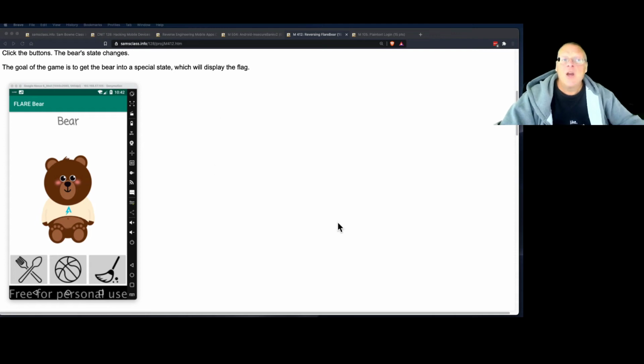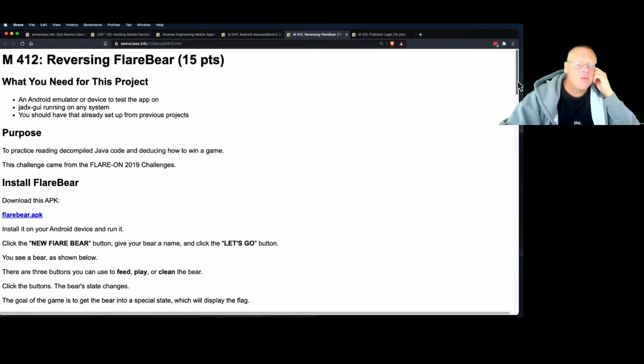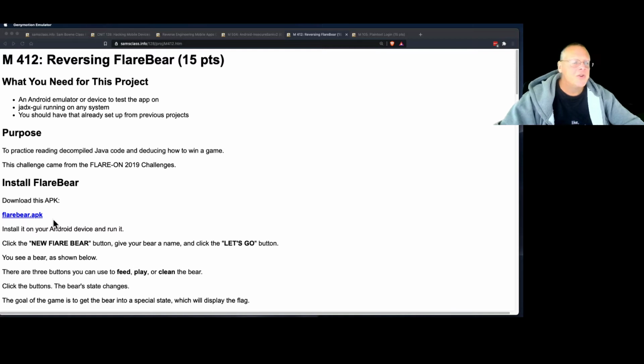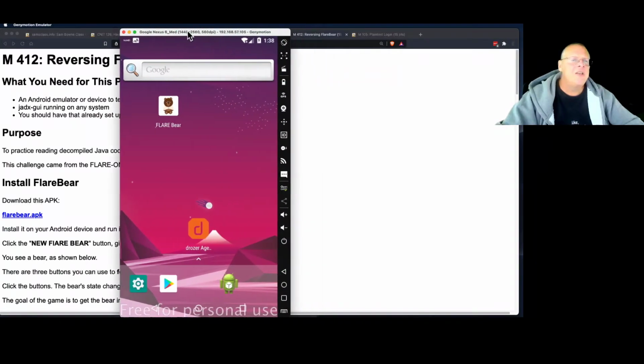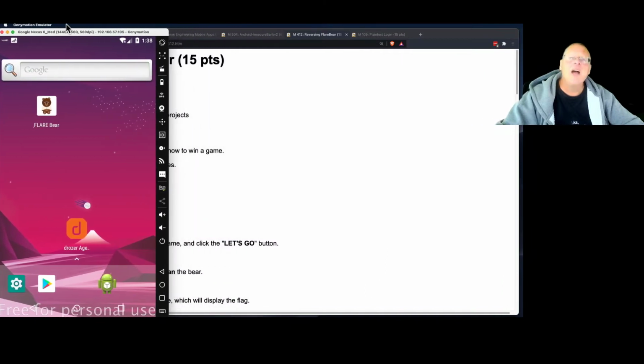So here's the two projects I want to show you. The first one is FlareBear, which I thought was wonderful. So you just download this app and run it. And this is based on these e-pets that people had for a while. So I've got it running here on one of my Android phones. So you run this. I got this from the Flare